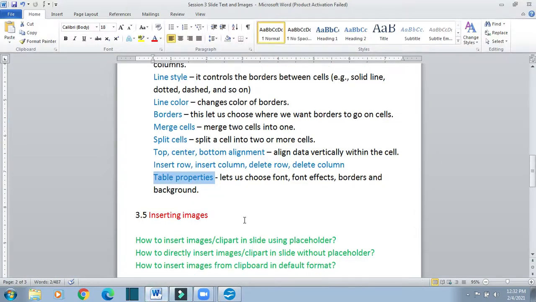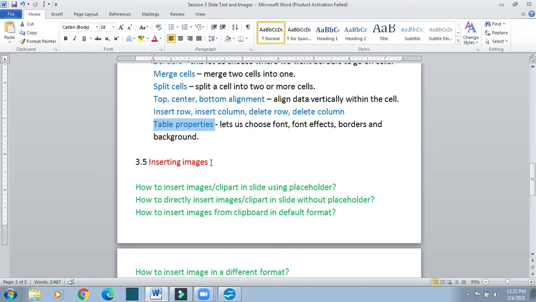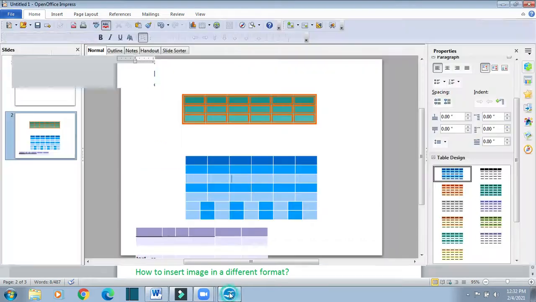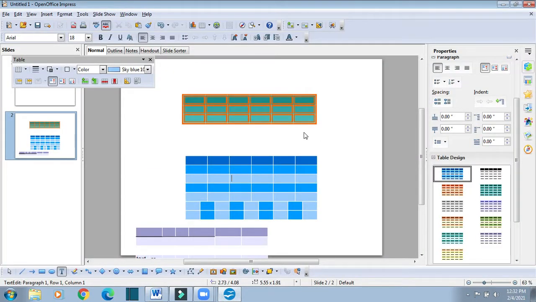Now next thing is inserting images. Point 3.5, how can we insert images? So the first one is how to insert images or clip art in slide using placeholder. So let us have one new slide.